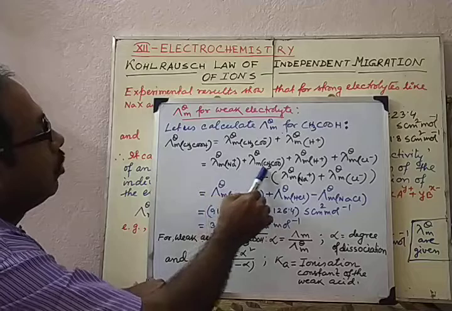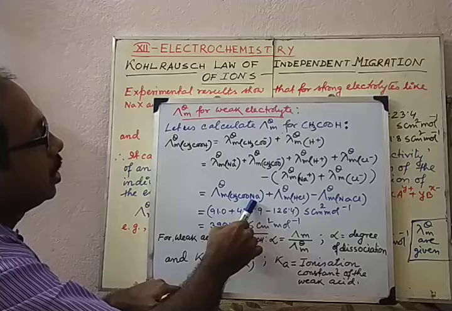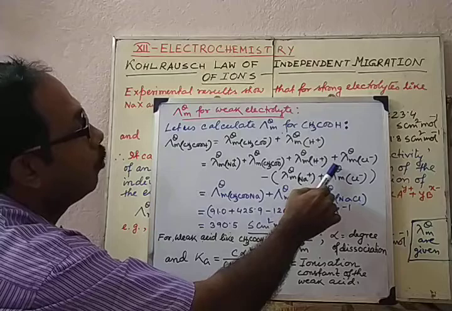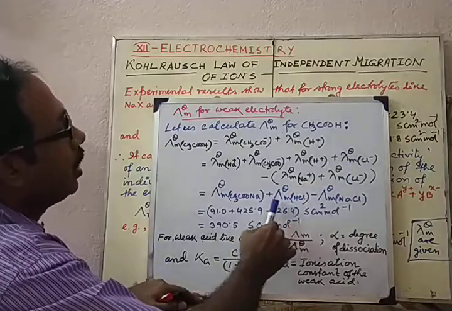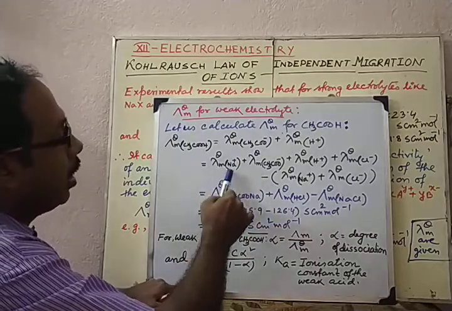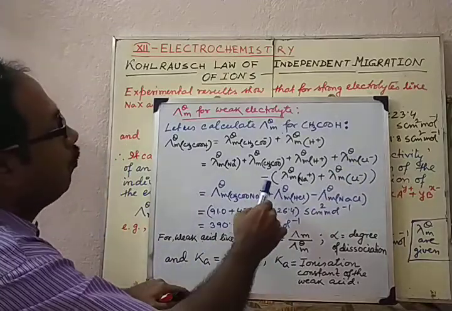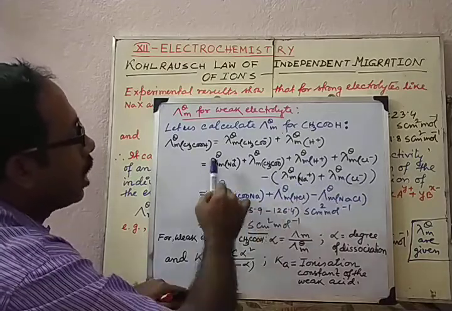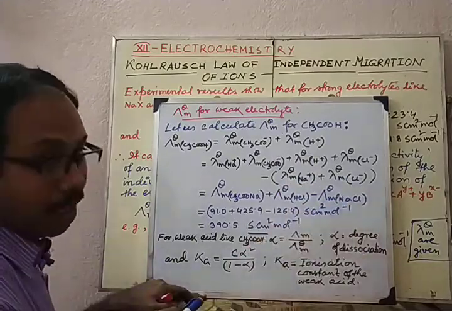So we are getting the limiting molar conductivity of sodium acetate. Now with this H+ ion, limiting molar conductivity of H+ ion, if we add that of Cl- ion, we are getting HCl, meaning limiting molar conductivity of HCl. Now you find that Na+ has been added extra and Cl- is added extra. So we can subtract. I have taken common Na+ and Cl- ion. Their summation is subtracted from the whole value. So here we are getting the limiting molar conductivity of NaCl.